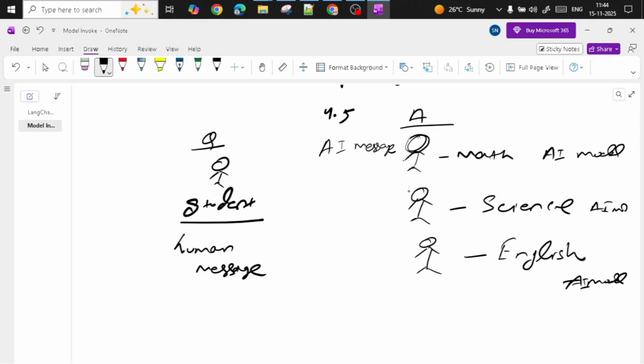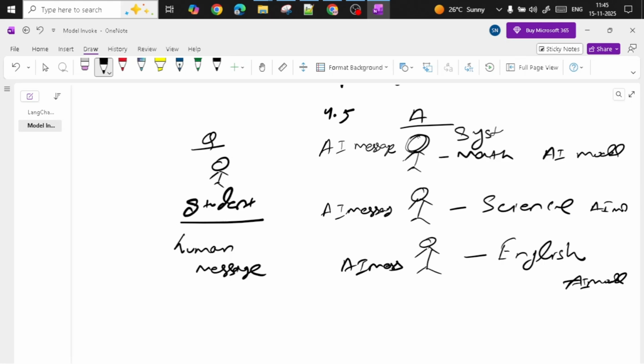Now we are using three different models. Suppose I ask a question to science, it will give me an AI message. I ask the English one, it will give an AI message. But how will it know that I am an English teacher, a science teacher, a math teacher? For that we are defining